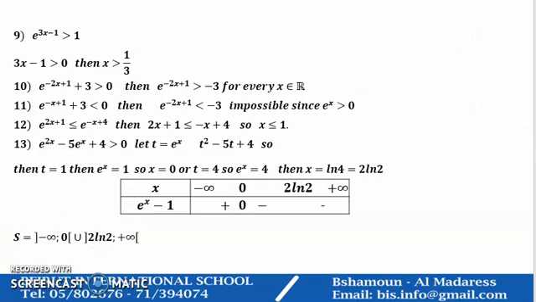The last one, I have here e to the power 3x minus 1 greater than 1. So I can directly write 3x minus 1 greater than 0, then x greater than 1 over 3. Also, why is that? Because 1 is